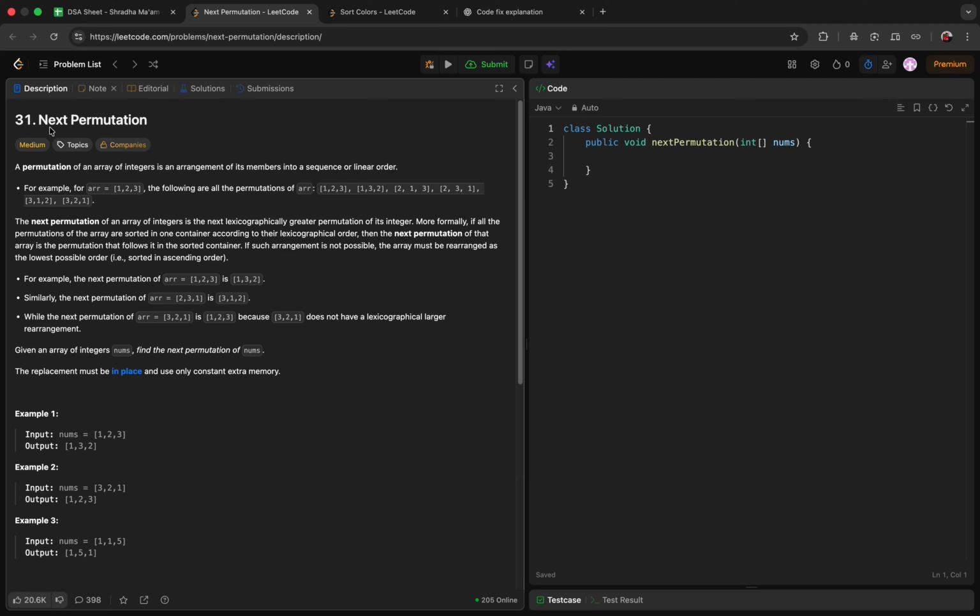So here is the question: Next Permutation. Let's understand the question by example. Let's say we have 1 2 3 and its permutation 1 3 2,